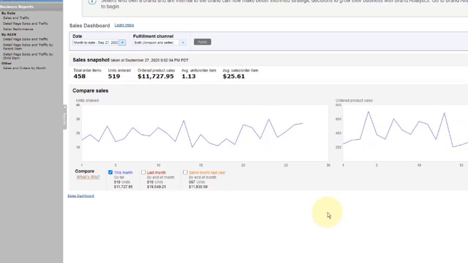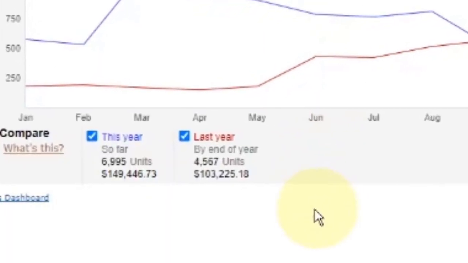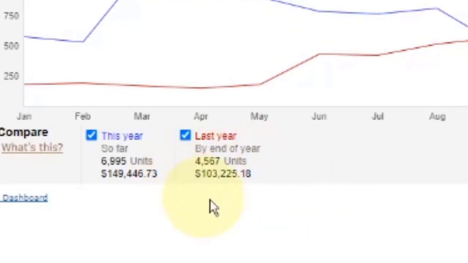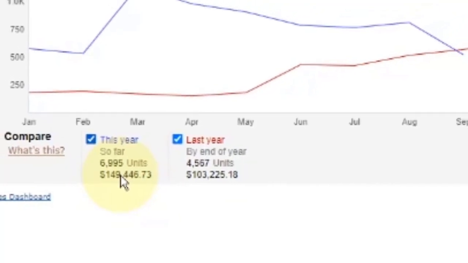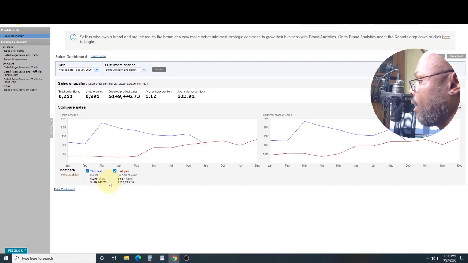remember, we're getting ready to go into the fourth quarter, which is by far the best. If we look at year to date, if we look at last year, what we did, 103,000, something like that. This year, already 150,000, something like that. And we're just about to go into the fourth quarter. Yeah, we're looking to double what we did last year. So let's go back into the software, and what I want to do,